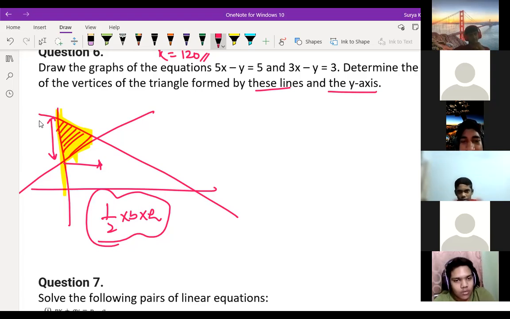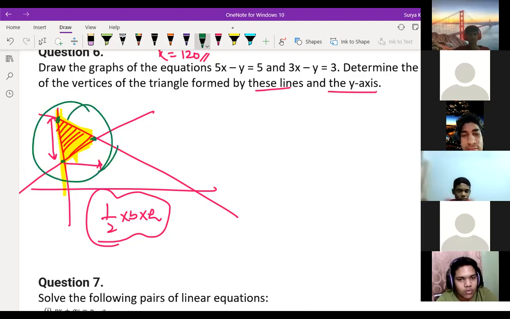So what is the area of the triangle? They're asking the area or what? They're asking the coordinates of the triangle. Acha, coordinates. But in the exam also, children, they will sometimes ask for the area. The area you can find as half base into height. So here in this case, you should find only these coordinates.